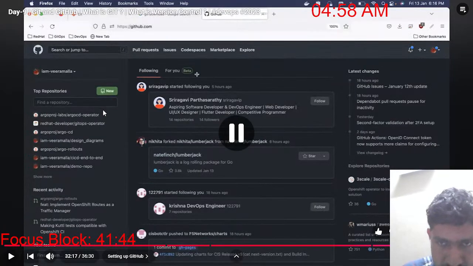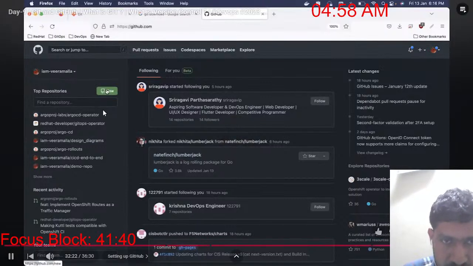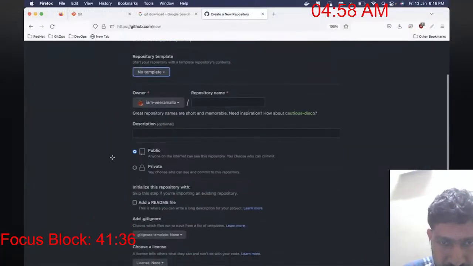Here you will have an option for creating a repository. You see an option here called new. Click on this new, and you can create a repository.